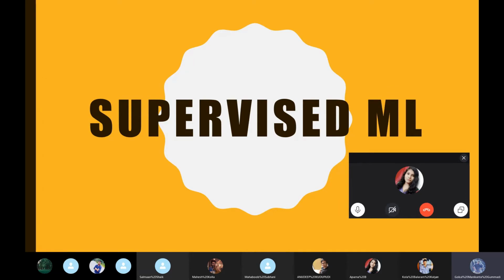So today I'm going to tell you a little about supervised machine learning methods, like why we call this supervised. Before telling this, I need to explain there are three types of machine learning algorithms. First one is supervised, unsupervised, and the third one is reinforced.